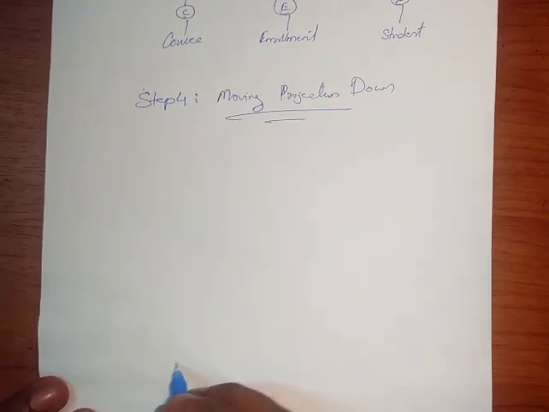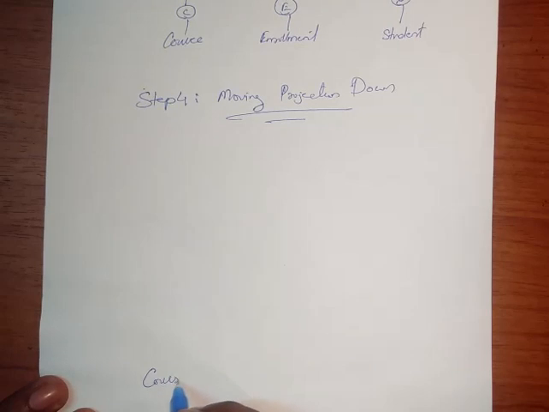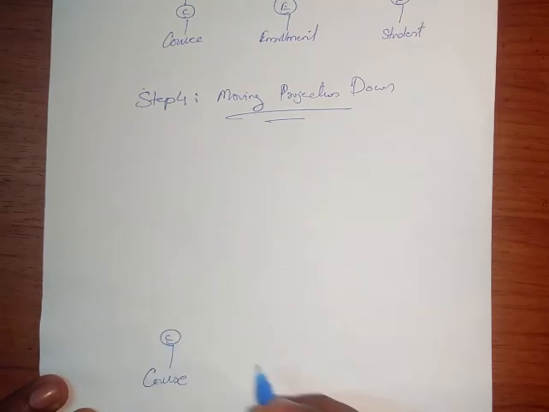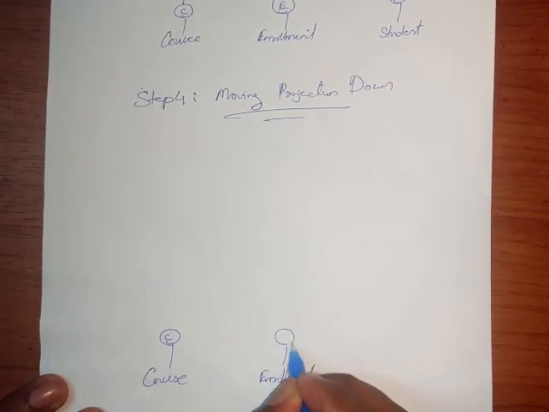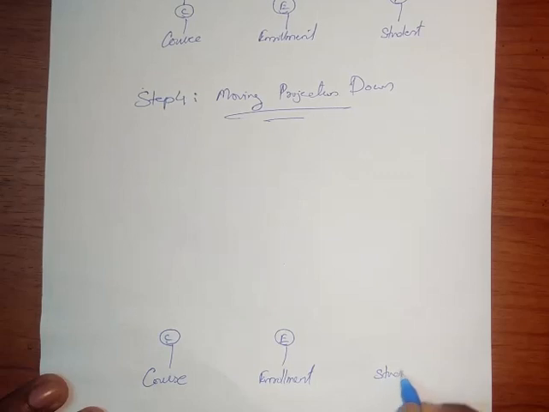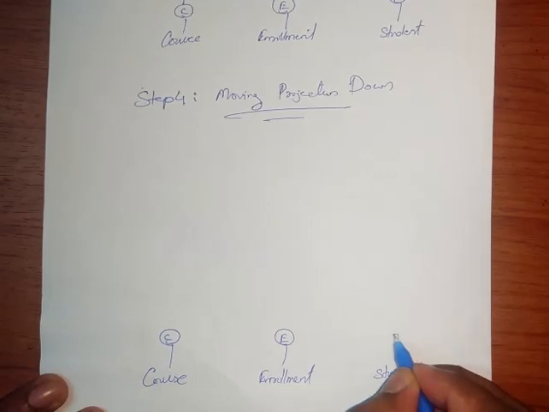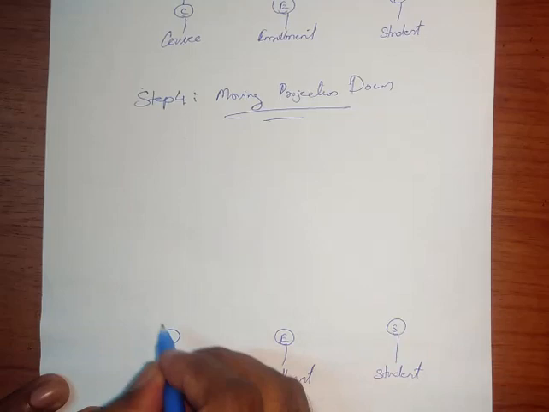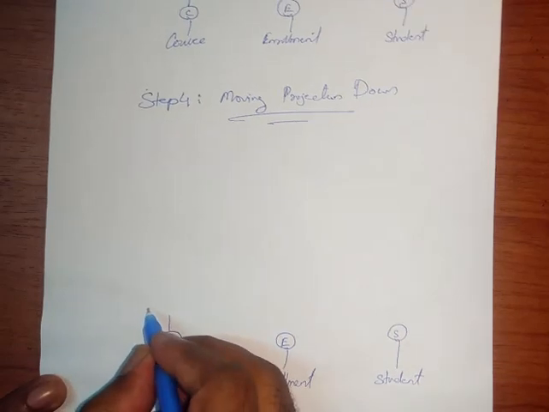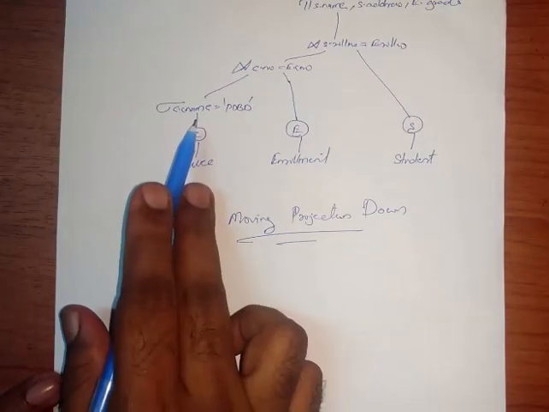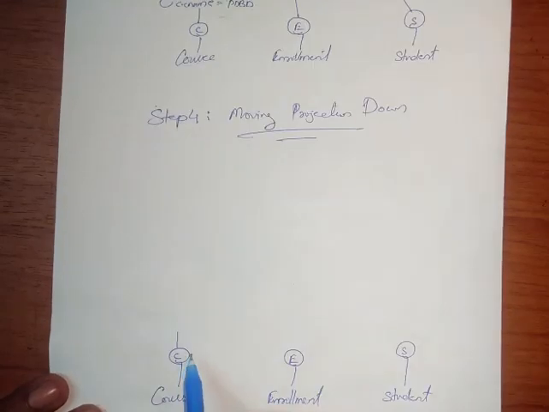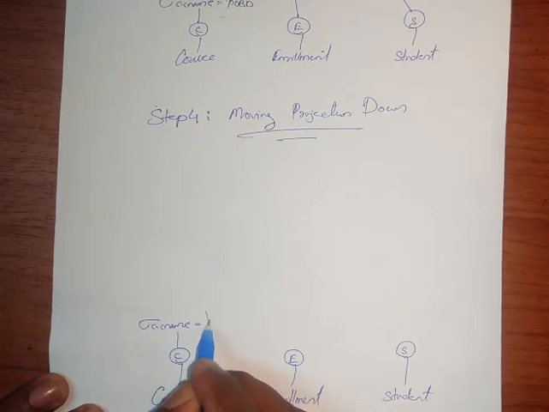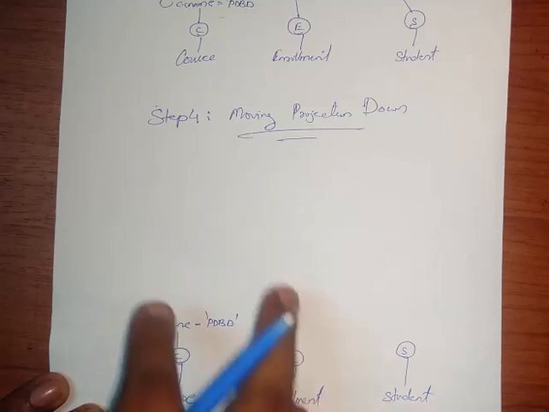So from the query we understood that these attributes are required either in the selection statement or in the where statement. So the course table is first renamed as C, the enrollment table is renamed as E, and then the student table is renamed as S. Then, from this table we firstly need to apply the selection statement, that is, we need to remove the unwanted rows. So C name is equal to PDBD,